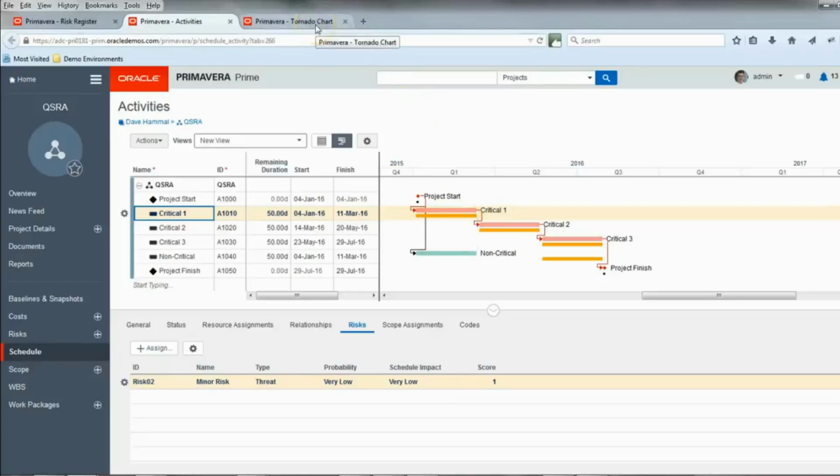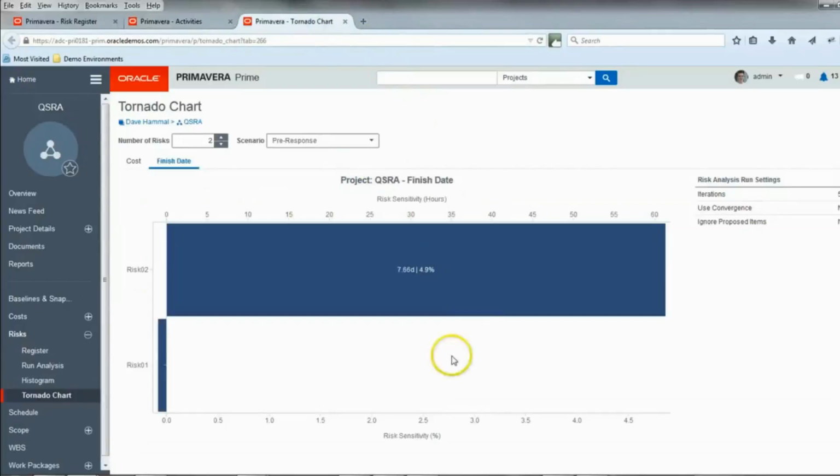And if we take a look at having run the analysis, what that means on the tornado chart, then perhaps not surprisingly, we see that this is then the other way around, right? So risk 2 is having all of the impact, 7.66 days worth of contribution to the P80 date that we see, and risk 2